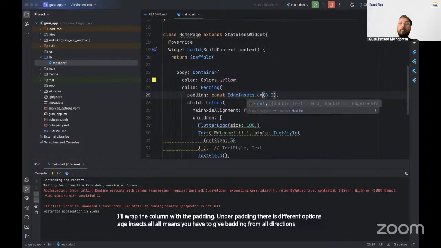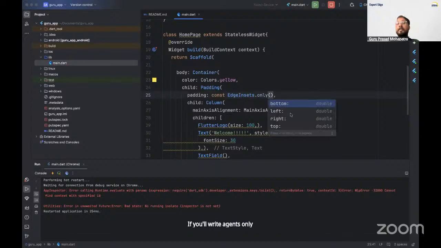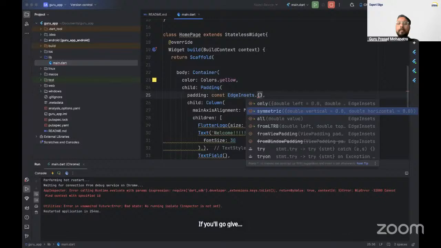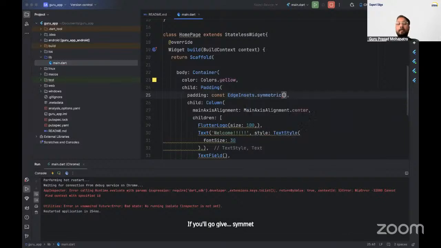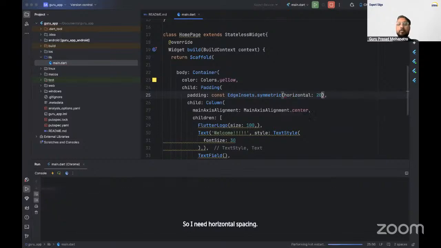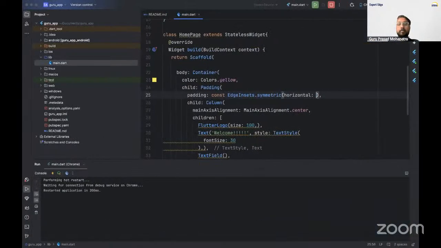EdgeInsets dot only lets you give separate spacing from separate sides. With symmetric, you can write vertical or horizontal. So I need horizontal spacing of, let's say, 20. Let's say 32.